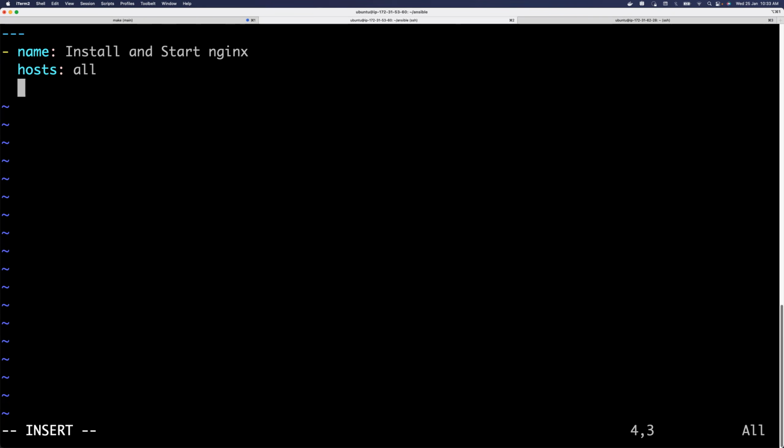Okay, once that is done, there are two cases. One is, do you want to execute this playbook using the same user, or do you want to execute this playbook using the root user? What do I mean by that? There are some times where you want to run this playbook as root user. That is because, let's say, you want to install